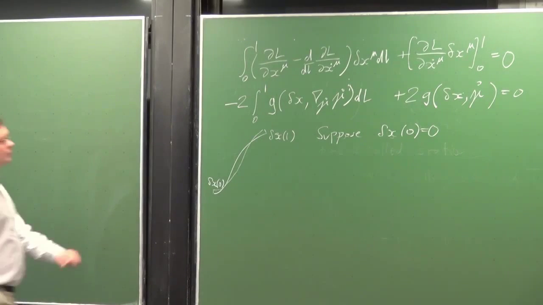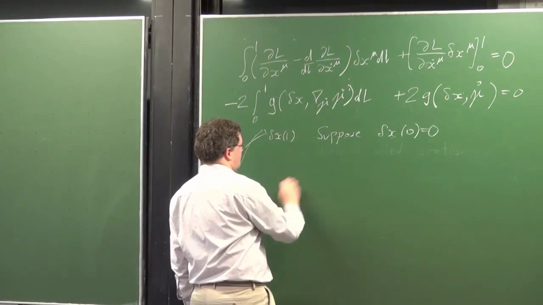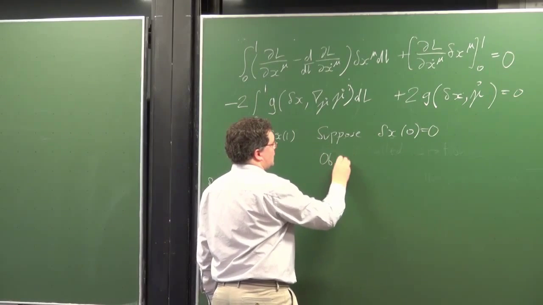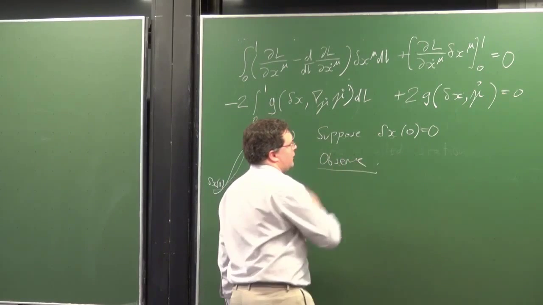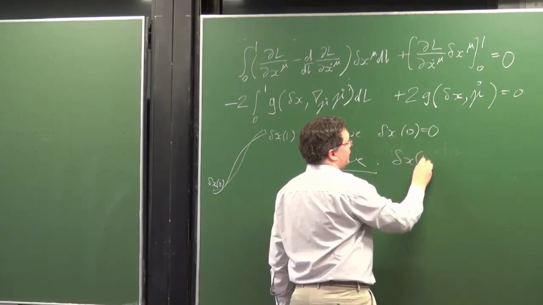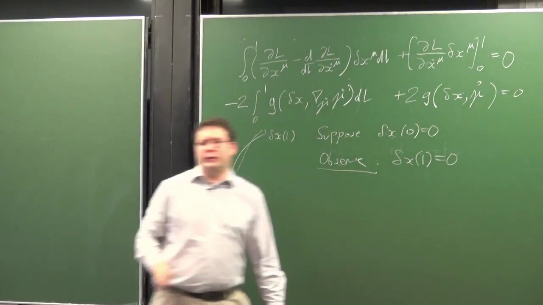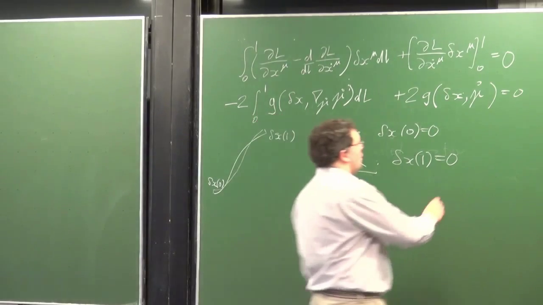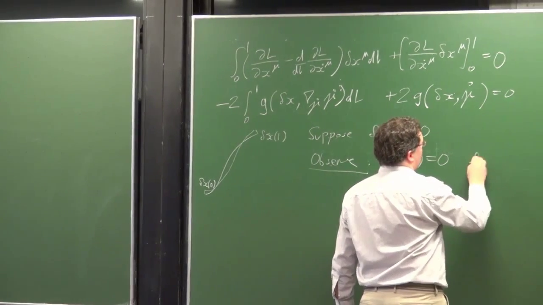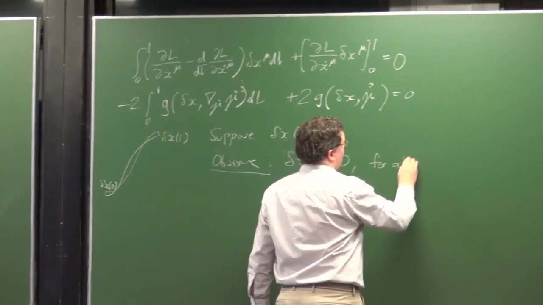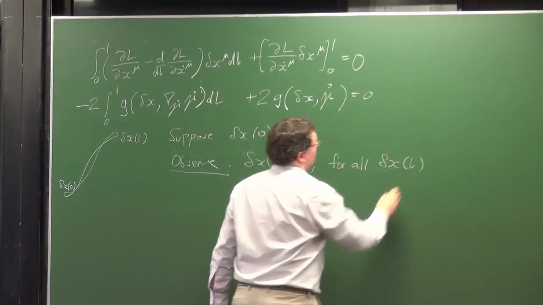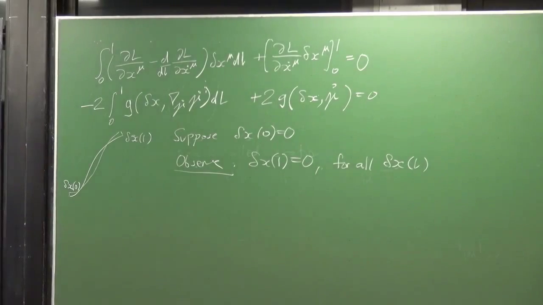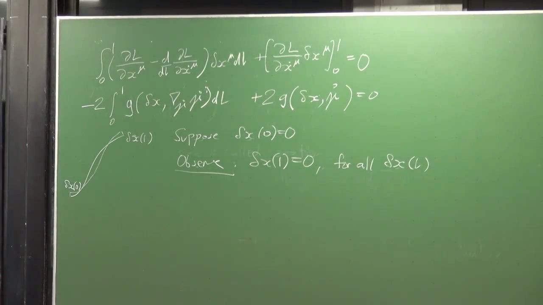And let's suppose all curves also have no variation at the end point. So we really keep the curves fixed at the parameter value L equal to 0 and L equal to 1. And if this is true for all possible variations delta x of L, you see from this equation that this implies